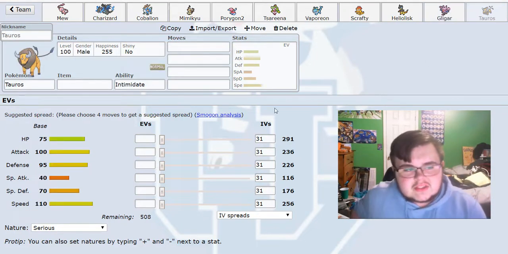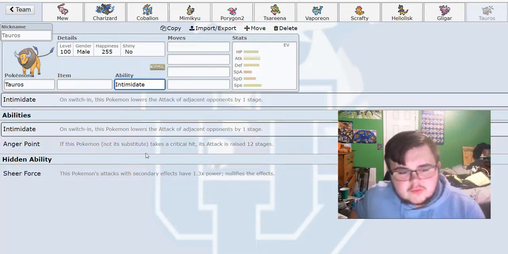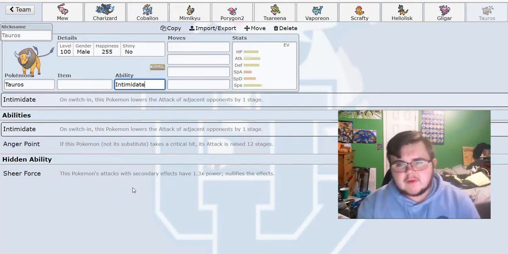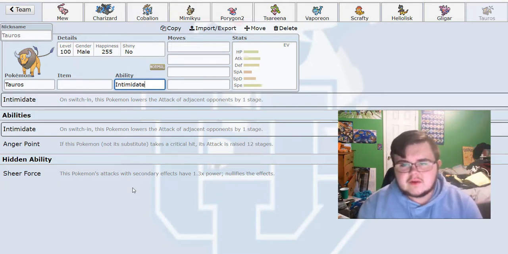I'm really loving this team so far, and my last pick was more just, I want to try this mon out. It's Tauros. It has 2 great abilities and 1 decent. Intimidate, which everybody knows is so good. You can lower the attack by 1 stage of any Pokemon that it switches into. And then Sheer Force, which is its main good ability, where attacks with secondary effects have an extra 1.3 power,